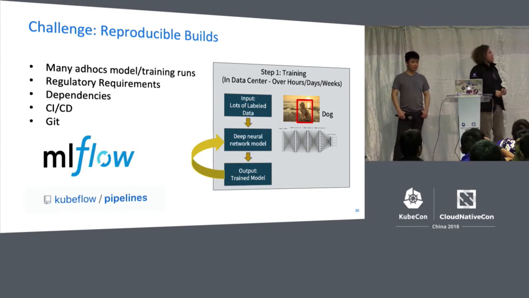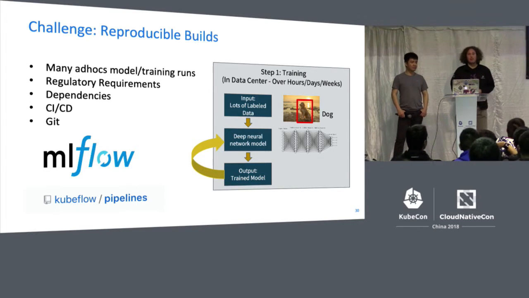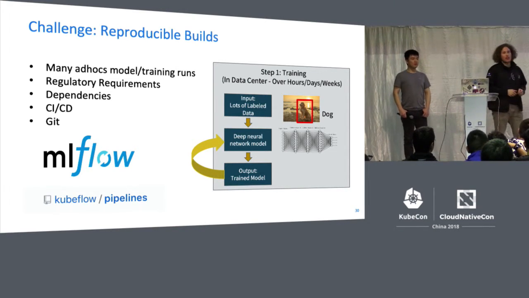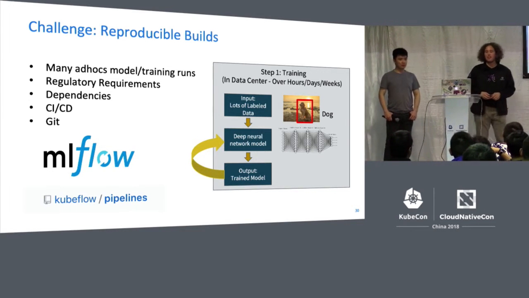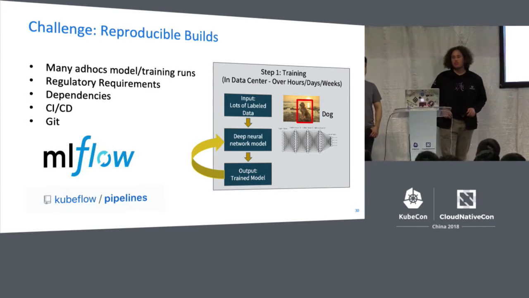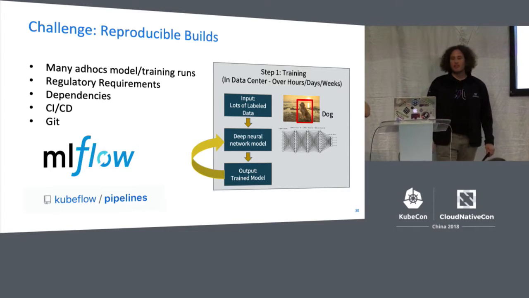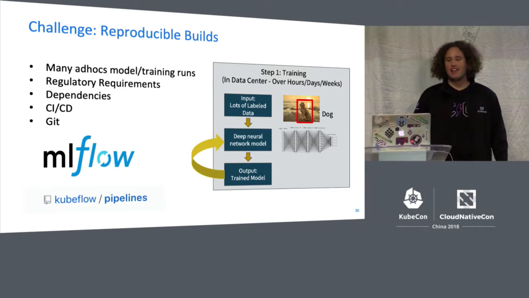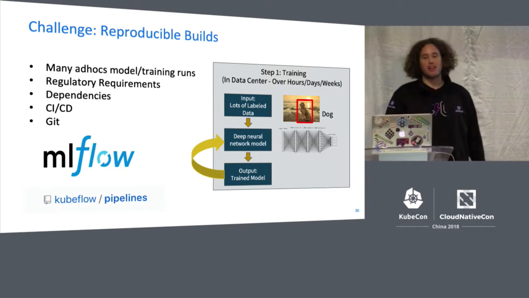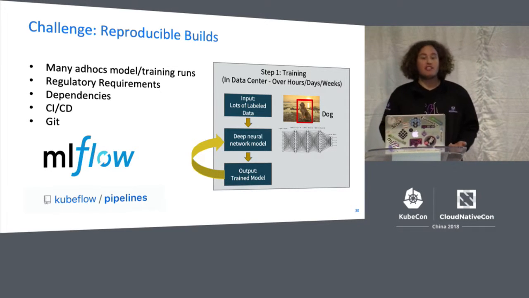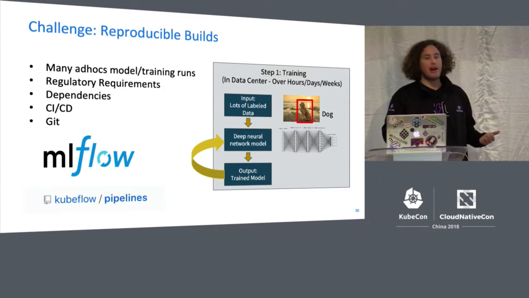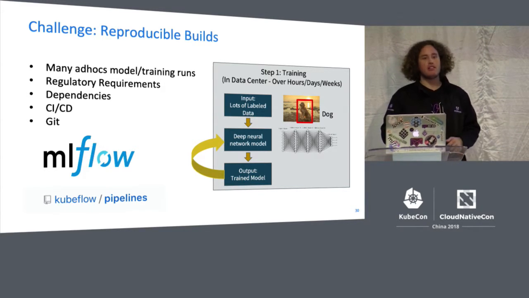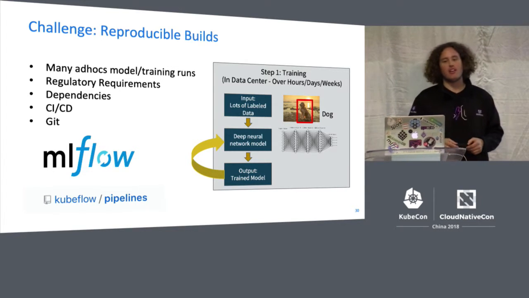The next biggest challenge, and this is where I see most companies actually fail, is reproducible builds. Still, data science right now is a very ad hoc process. The data scientist goes in, plays with the data, plays with his model. Once the accuracy looks good, he goes over to the DevOps engineer or some kind of ops person and tells them, here's my model, please deploy that to production. And what we've seen is that even just going back and asking, can we retrain this model with the same data set or with an updated data set, often becomes a challenge in different environments.